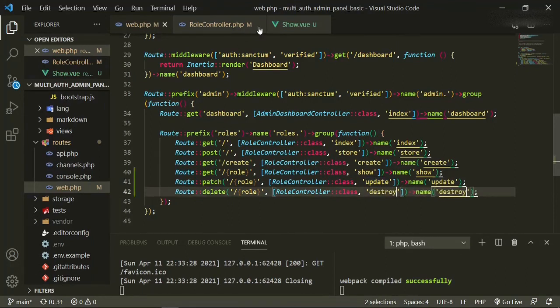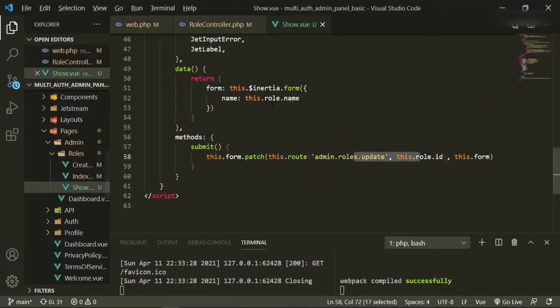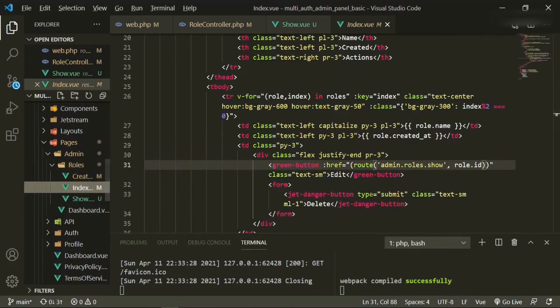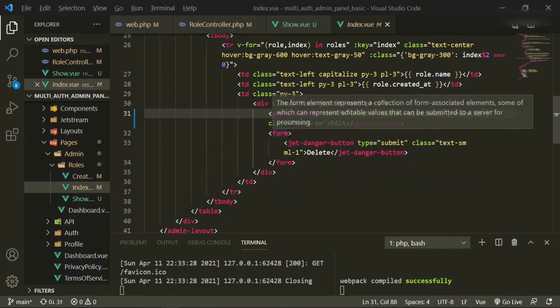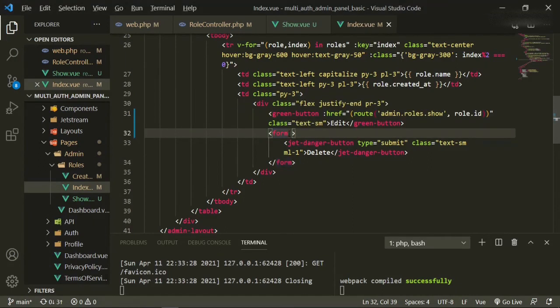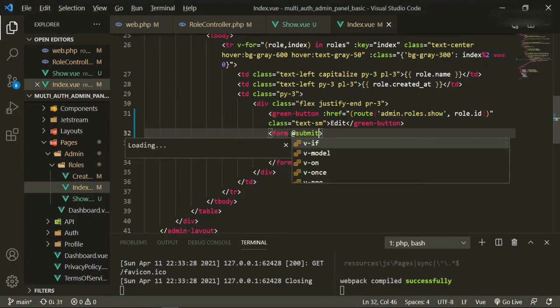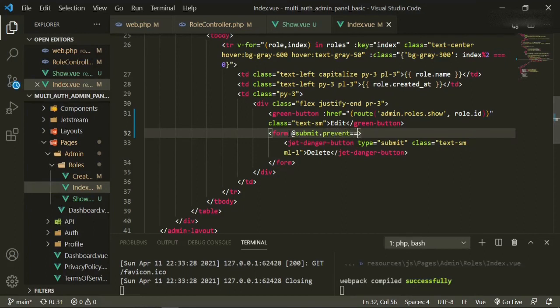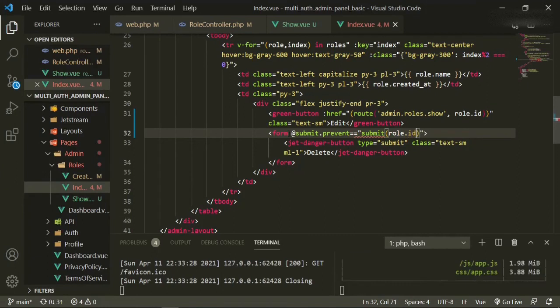Okay, so now in order to do this, our delete button is actually in our roles index page. So it's right here. So now in this delete form that we have here, we can just add the method @submit.prevent equals submit, and let's go ahead and pass in the role ID into that. We only need one equal sign there.